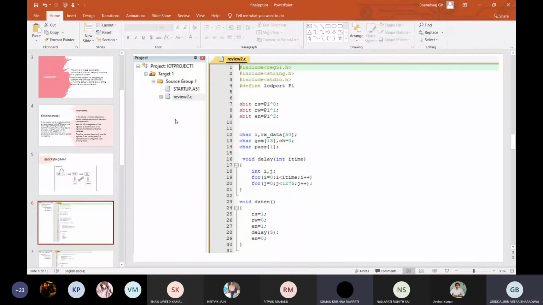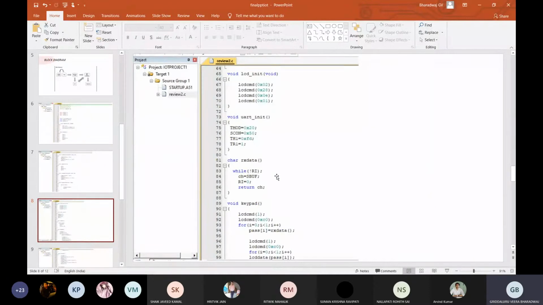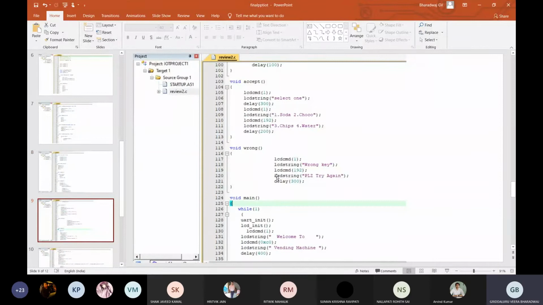Sir, I'm Bharadwaj. Sir, this is our code, sir. First, we'll include all the modules which we need. We'll be doing this in Keil MicroVision, sir. In the first half of the code, we'll be assigning different pins for connecting the GSM module and the 8051 microcontroller, sir. We'll also be adding delays accordingly. After assigning everything for the LCD and the 8051 controller, we come to the main part of the code.